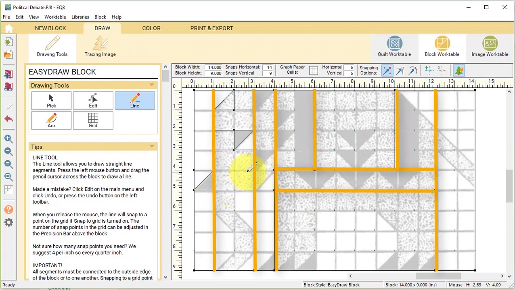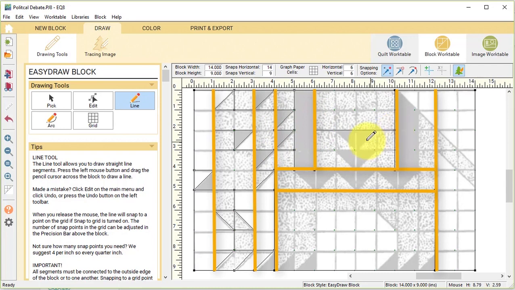I don't need to draw a line at 4 inches because if I draw one at 5, I can just have a 2-inch square that's going in the center. I will continue this process for the remainder of the section. And then I will go through the third section. And then I will do this top partial section,